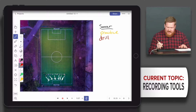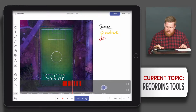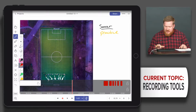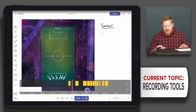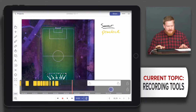But what I'll do is if I click this caret, it will basically show me what I've done. Now, since I've been muted for this last part, let me show you. So here's what a waveform was. This is when I was recording and it wasn't muted. Then it shows me I was just doing different writings, and you can see as I scroll across